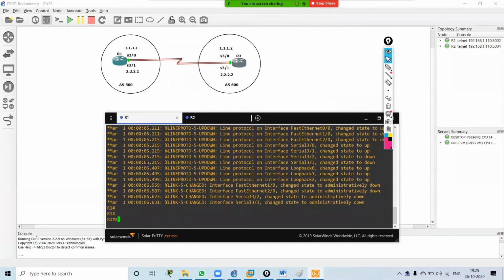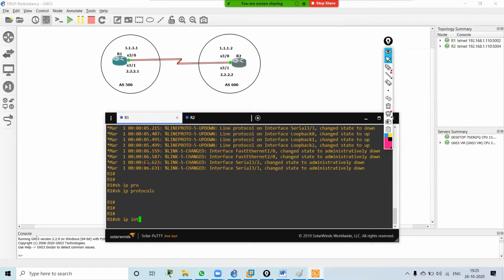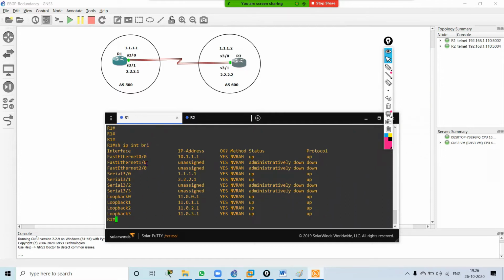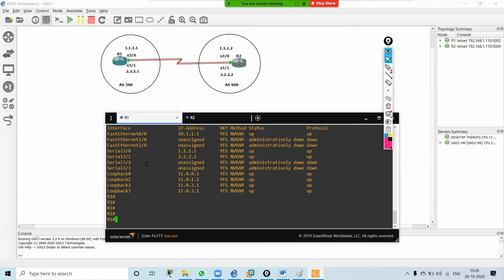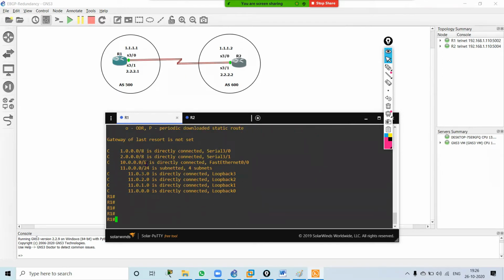Show ip protocol, show ip interface brief. IP addresses are pre-configured. I have loopback addresses configured as well. On R1, I have 11 dot, on R2, I'll be having 12 dot. Show ip route. I only have connected routes. So what I will do now,